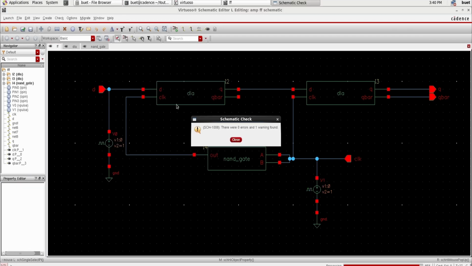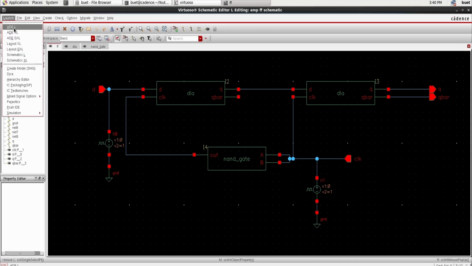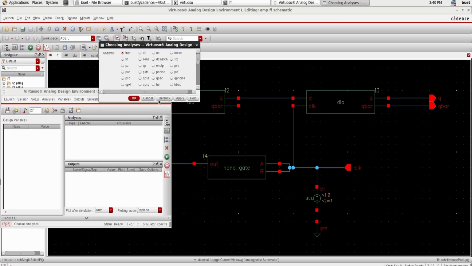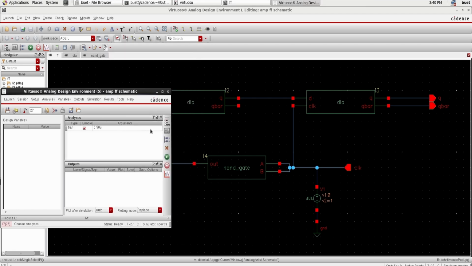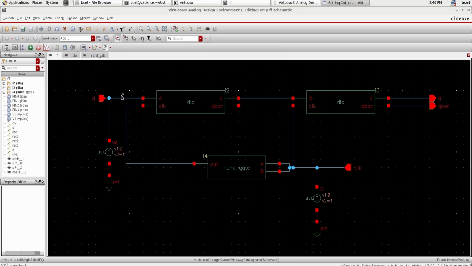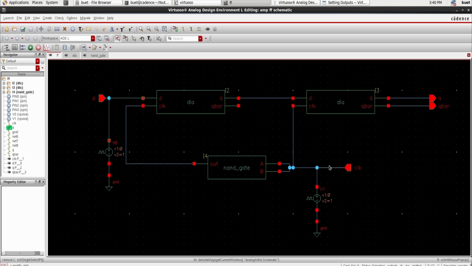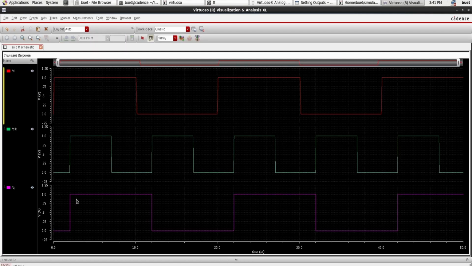Click check and save and ignore the warning here. The warning is majorly because here the Q bar is unconnected, so we can simply ignore the warning. Go to launch, ADL, choose your analysis as trans. Here I am giving the stop time to be 50 micro. Here I am selecting my D, clock as my input and Q as my output. Run your simulation. So from this graph we can clearly see whenever the clock goes from 0 to 1, the